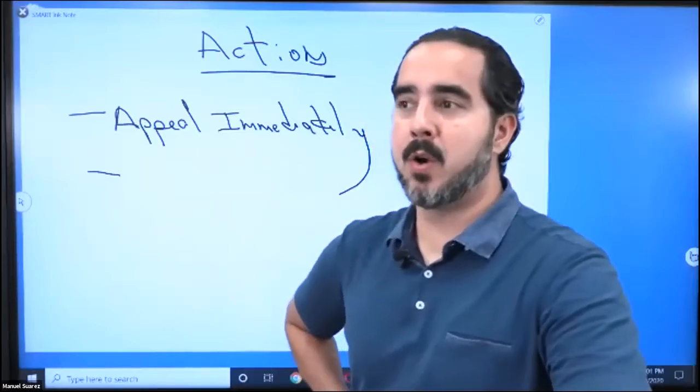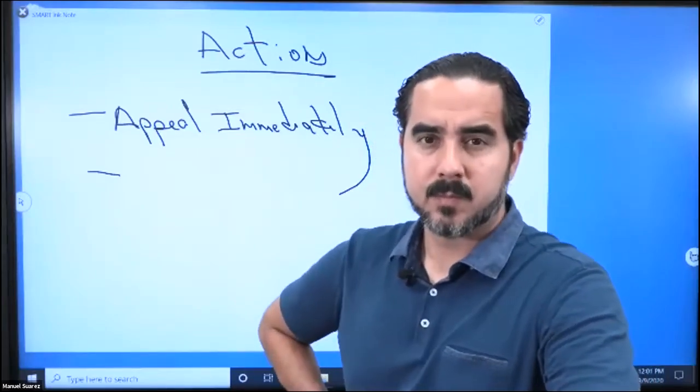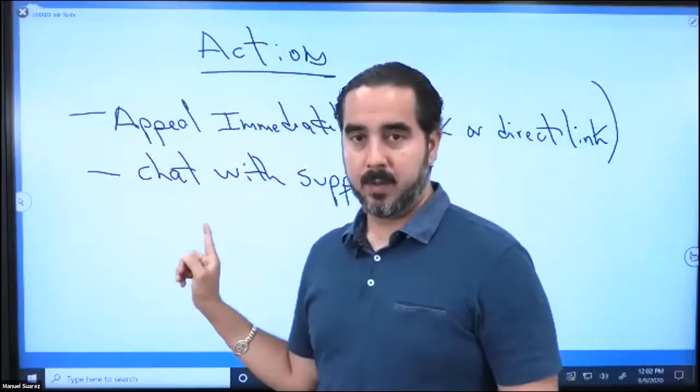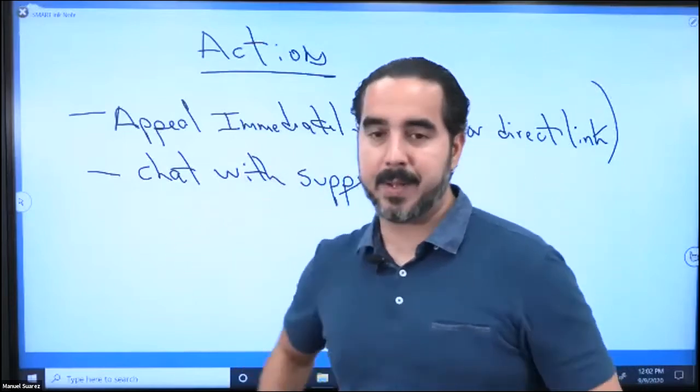Okay, and where do you go for the appeal? Once the ad account has been disabled, there is automatically a link or a notification added on your ad account that goes directly to the appeal section. If not, you can go to, let me get the link, the Facebook appeal form. And by the way, we also have a blog on manuelsuarez.com that specifically covers how to handle ad accounts that were disabled. Okay, so there's also a link for chatting with support that I have used many times before.